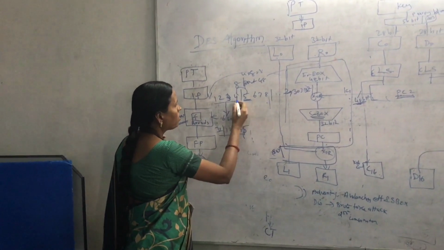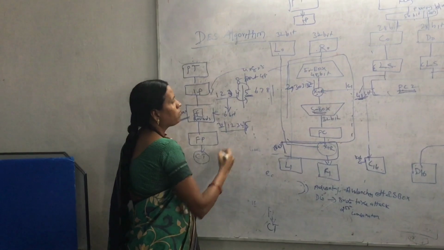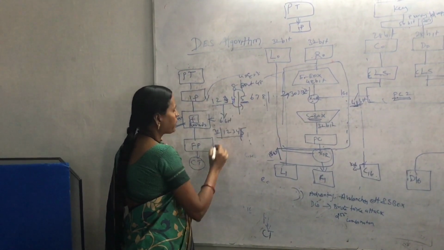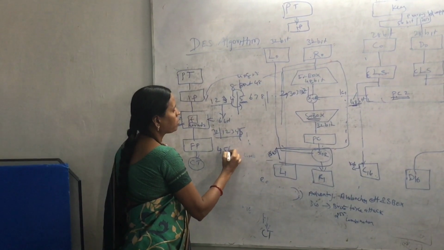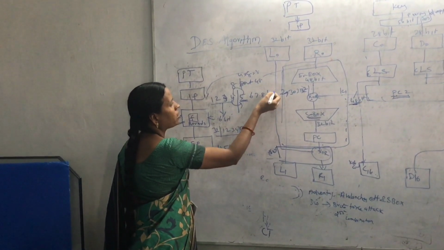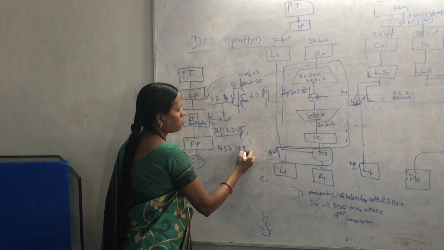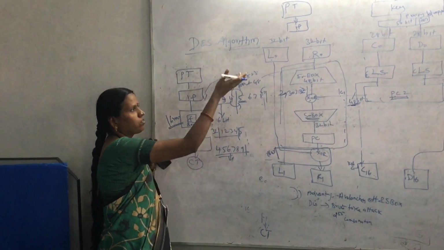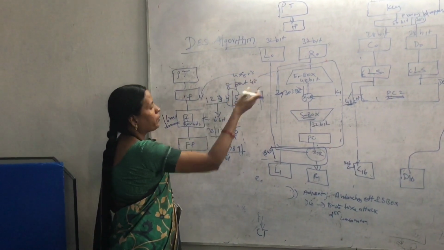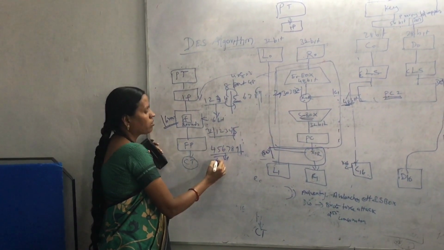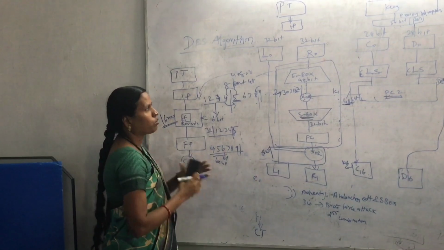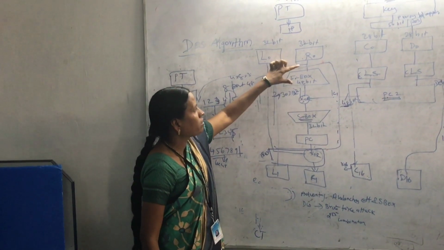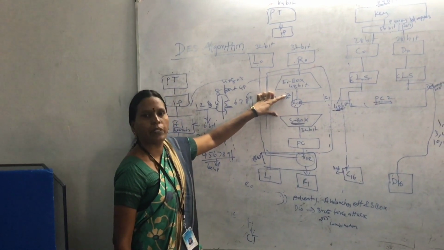Again for the second one, the last element of the previous part becomes the first, then 4, 5, 6, 7, 8, and then again the next field becomes the last. So in this way we are expanding the 4 bit into 6 bit. So totally 6 8s are 48. Using this expansion box, in this way we are expanding the 32 bit into 48 bit.